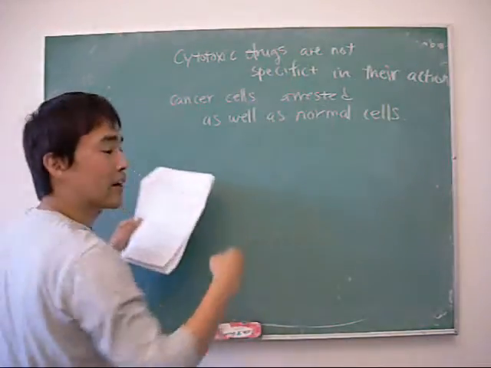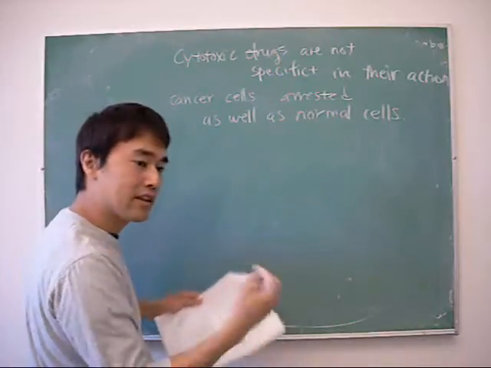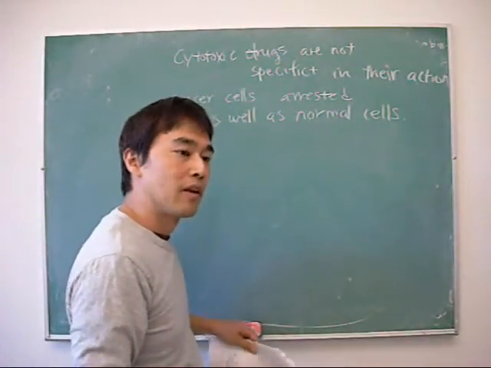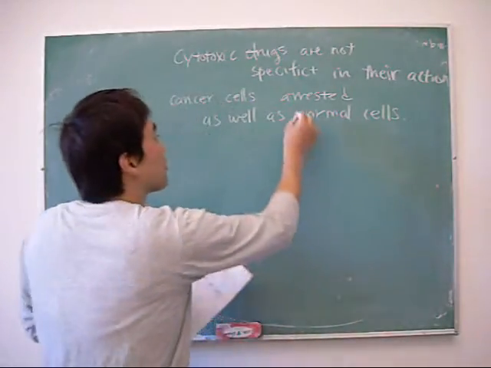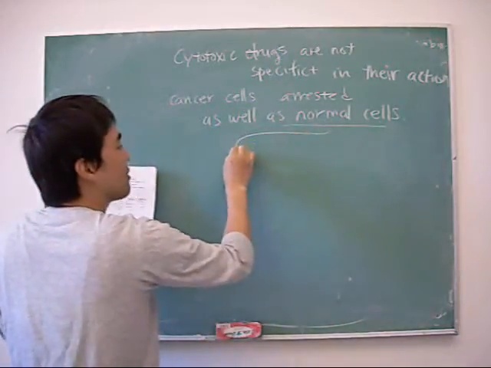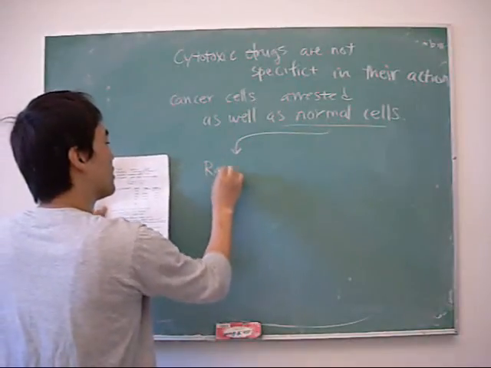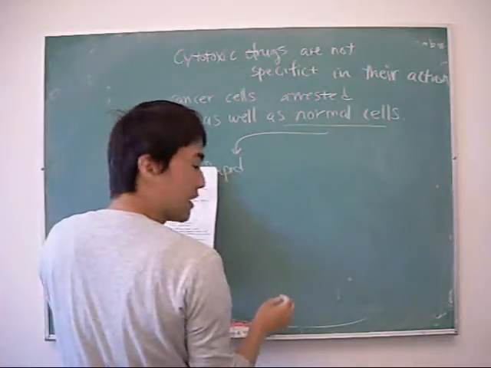But the advantage in this class of cancer drugs is that cancer is very rapidly growing, whereas normal cells are not. So normal cells may not be affected as much. Here, the rapidly proliferating tissues